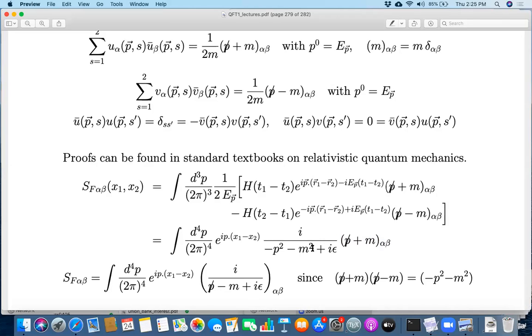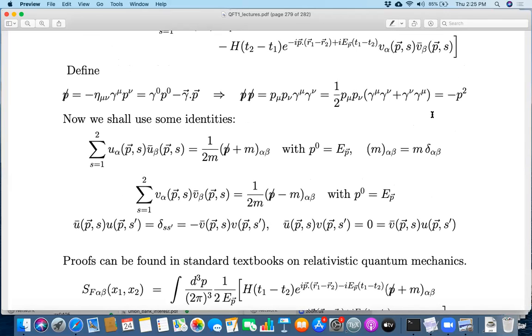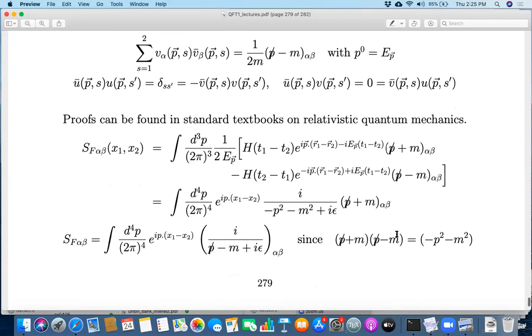And the reason that we can write it this way is because of this identity: if you take p slash plus M times p slash minus M, then you expand it out. p slash times p slash gives you minus p squared from this relation over here. Cross terms cancel because you get a minus M p slash and an M p slash. And of course, there's a minus M squared. So you get minus p squared minus M squared. So this tells us that (p slash plus M) over (minus p squared minus M squared) is